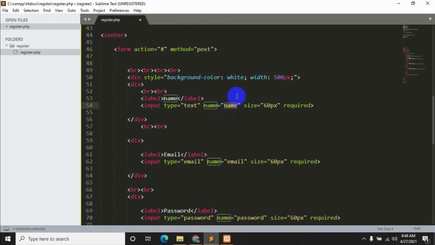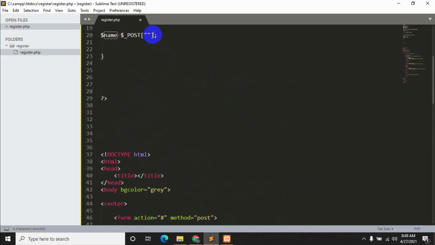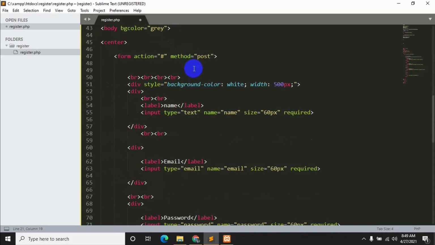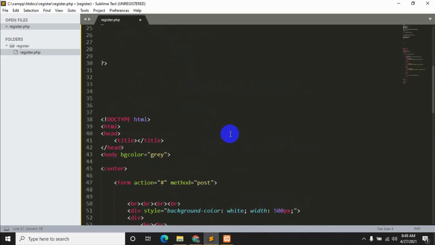So I'll just copy it, or just write it over here. Name. After name, we have another field which is email. So $email is equal to $_POST, and then two double quotation, and inside it we write this email.